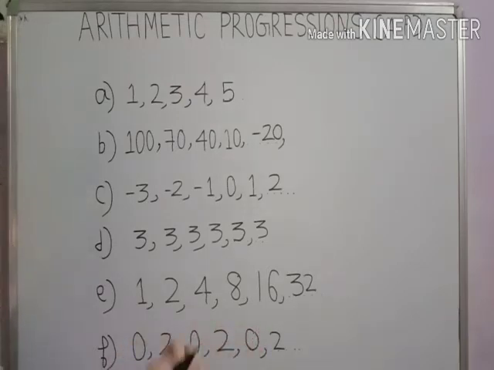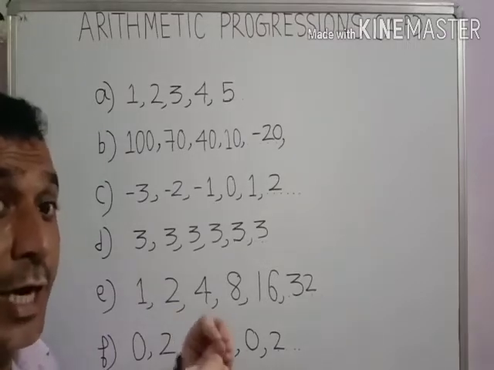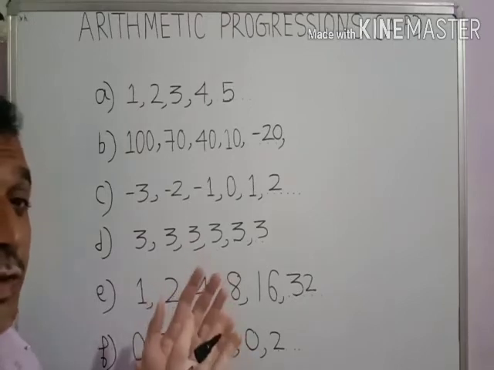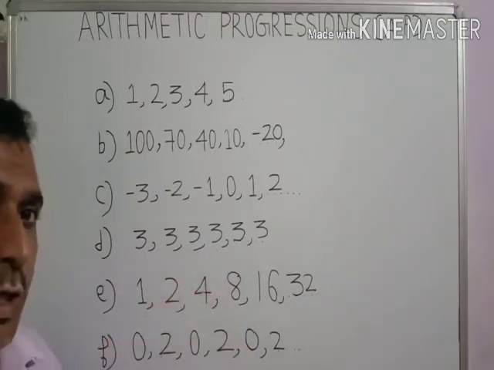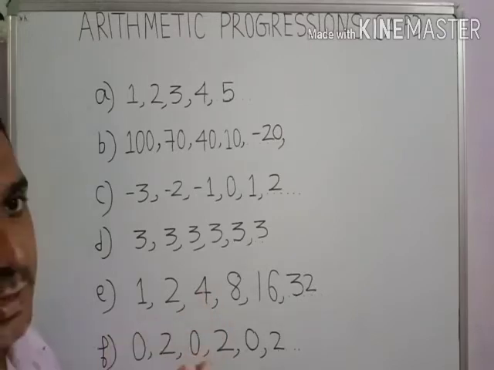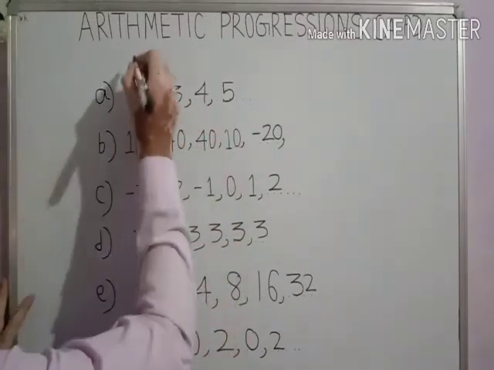So in these patterns we are having one definite rule. And for your information, if numbers follow some definite or specific pattern or rule, these are called sequences. So these patterns are called sequences.